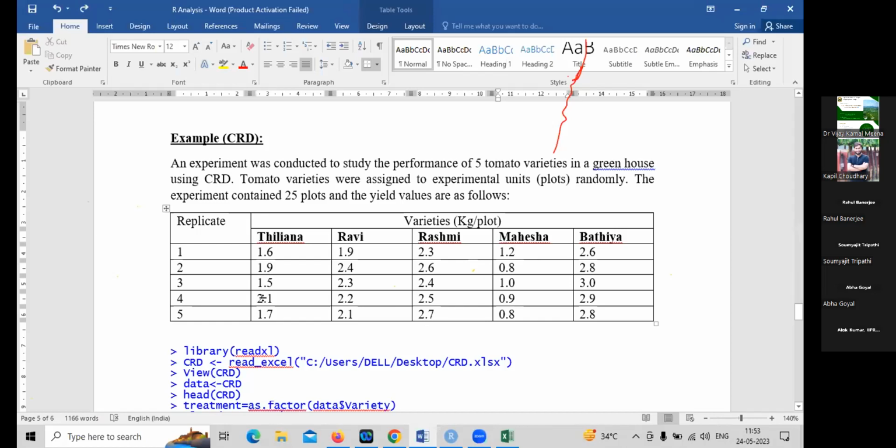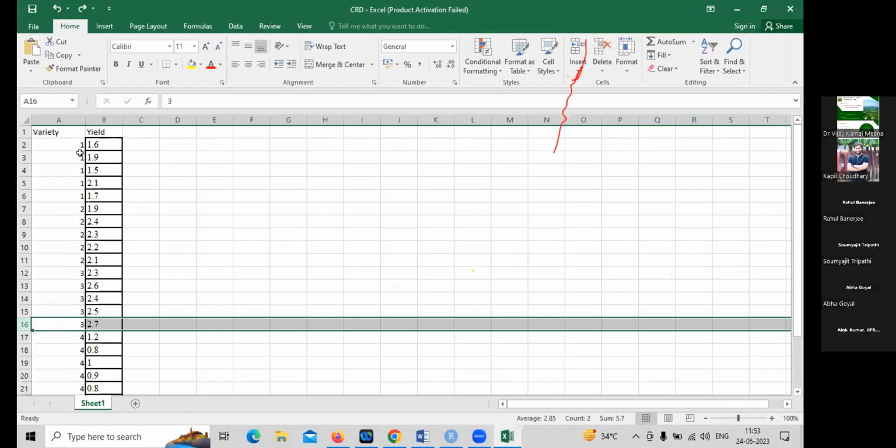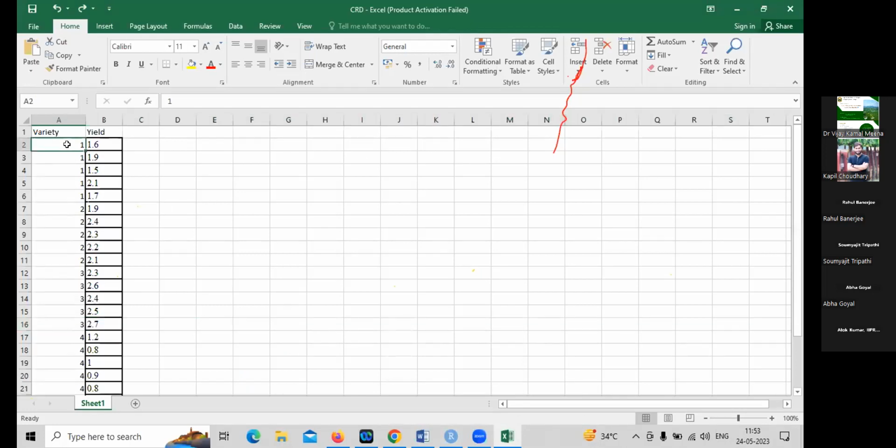मान लीजिए यही सिचुएशन लेते हैं, इसमें यील्ड वगैरह क्वांटिटेटिव वेरिएबल है। लेकिन जो यहाँ वैरायटी है, वैरायटी तो नाम है ना, तो ये क्वांटिटेटिव नहीं है। मान लीजिए यहाँ मैंने 1 2 3 4 नंबरिंग किया है फॉर सिंप्लिसिटी, ग्रुप करने के लिए। लेकिन वैरायटी तो यहाँ थिलियाना है, रश्मि है, ये वो है। तो यहाँ मेरा वेरिएबल दैट इज अ क्वालिटेटिव वेरिएबल, इट इज नॉट अ क्वांटिटेटिव वेरिएबल।